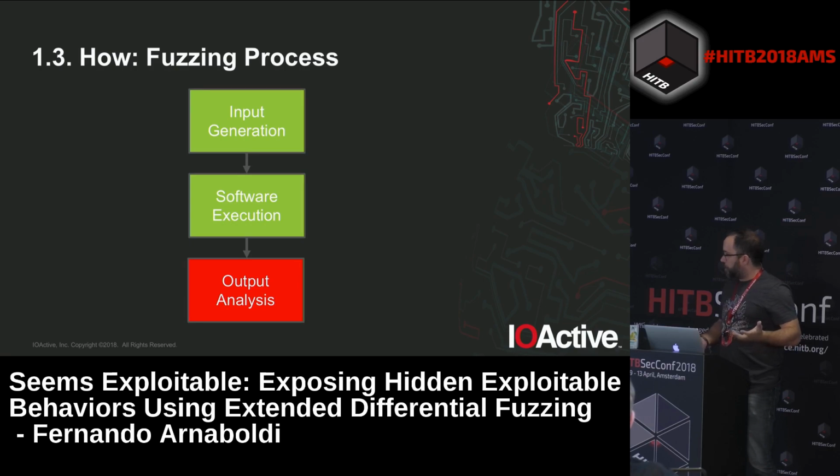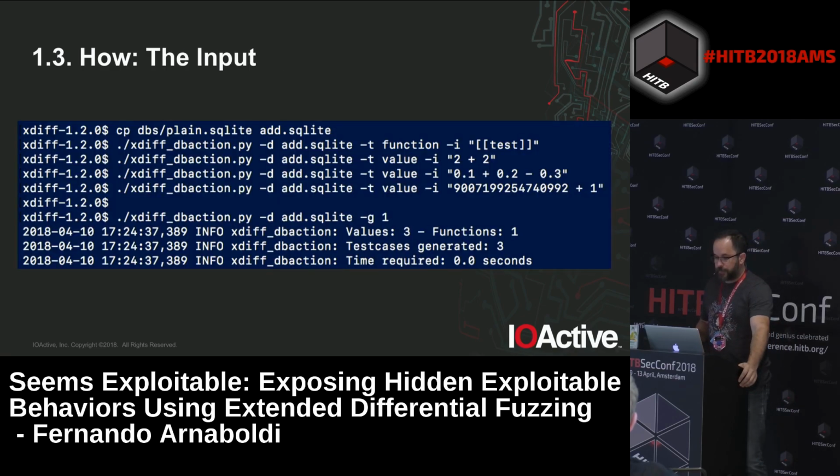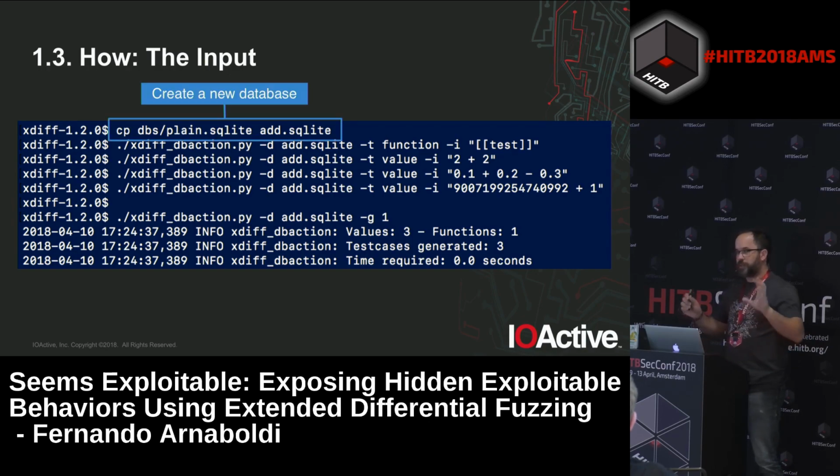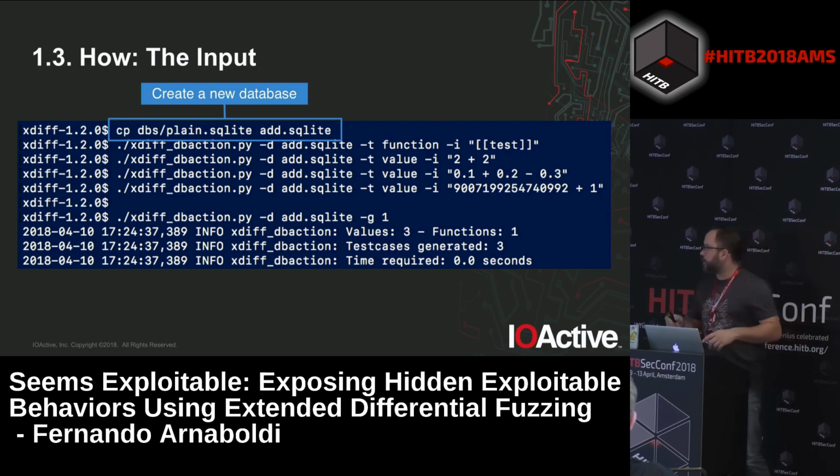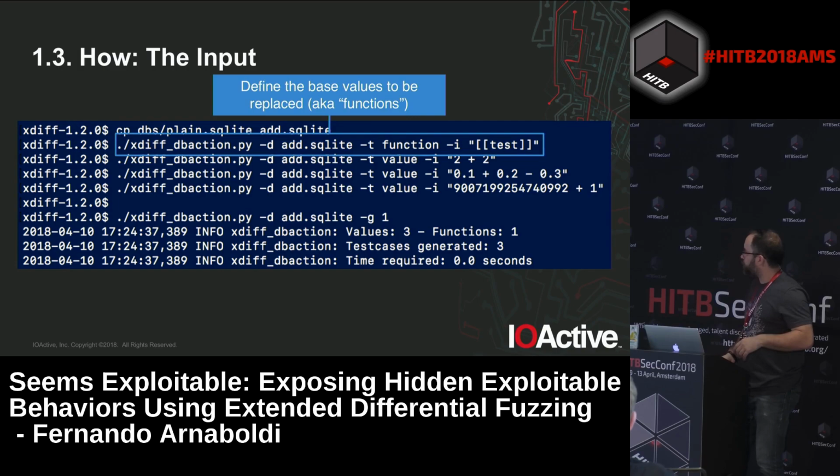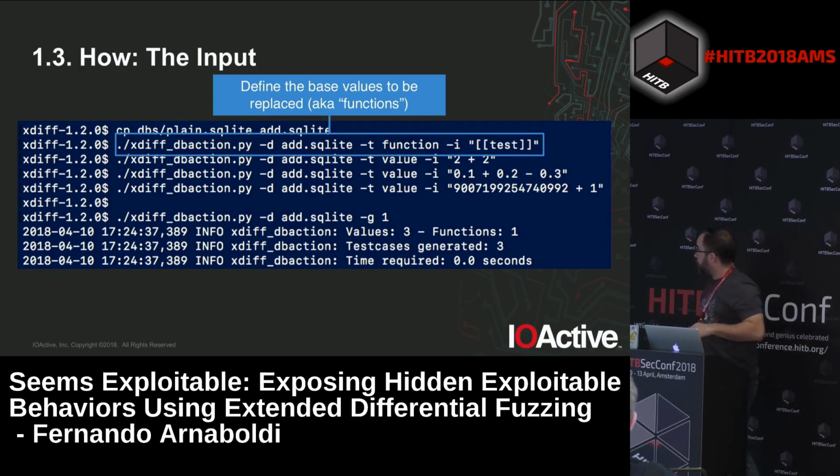The idea is this fuzzer focuses mainly on what can you do with that output. I'll tell a little bit how we're going to do that. So the only way that you can compare information reasonably is with a database. So I have a collection of some certain databases to have an idea of what can you test, what can you do. So I grab a copy of a plain database